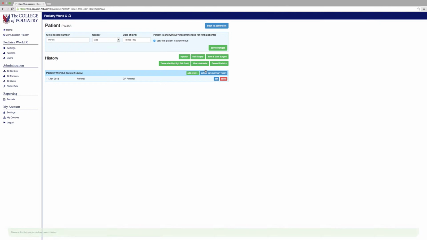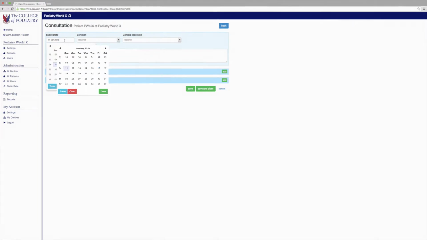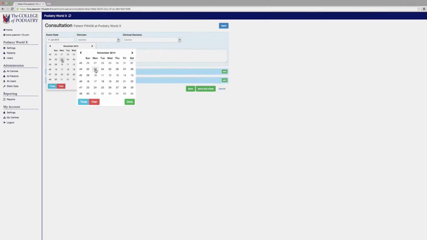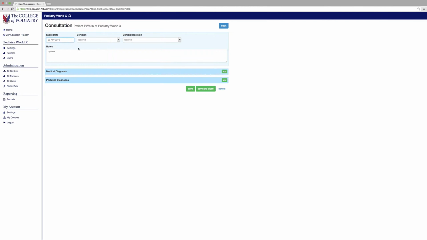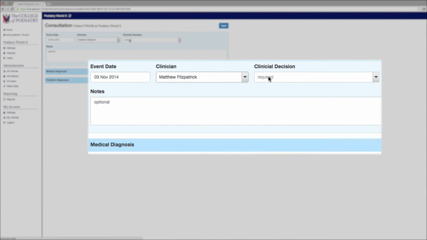I am now going to move into the episode. It is pertinent that I want to make it relevant to the referral. The consultation is the first step in this process. Entering the correct date is done via the free text, or the scrolling function can be used. The clinician that saw the patient needs to be entered, and as I am the only one here, I am